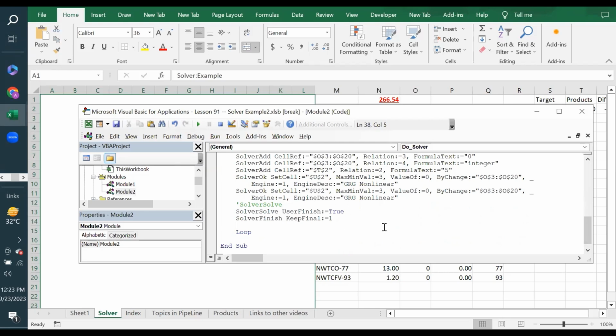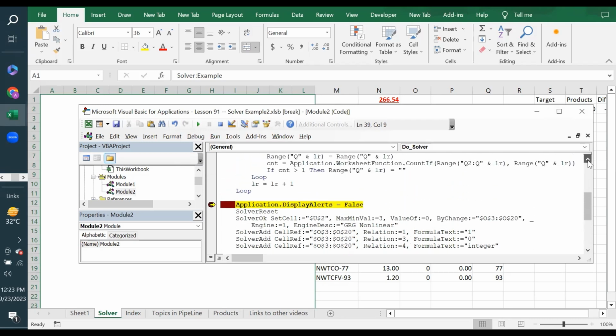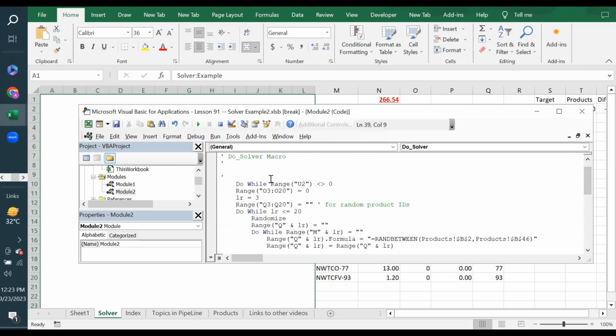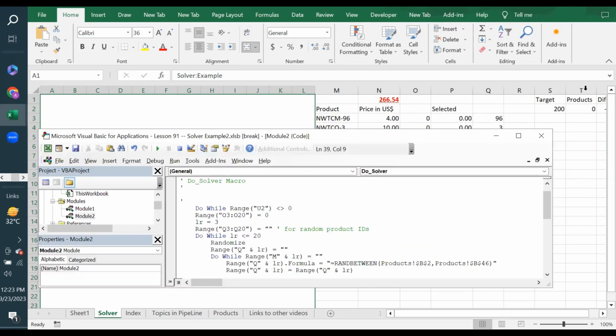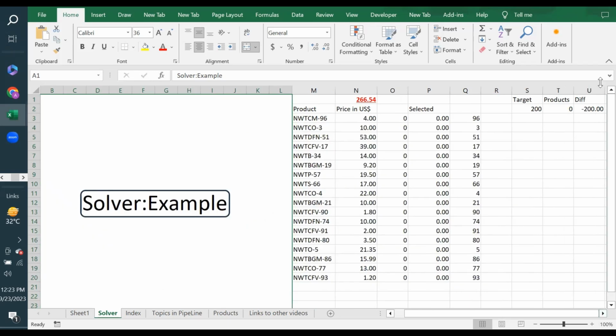And these two lines make sure that the dialog box is not displayed, right? And this will keep on running until a certain condition. What is that condition? The condition is here, while the target is 0, right? As soon as it becomes 0, it means all the selected values of $200 have been successful. Okay, so let's execute it,